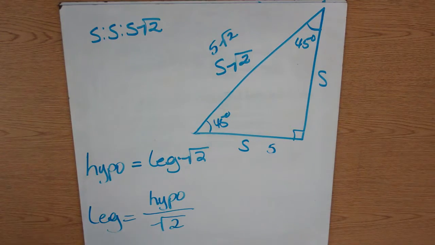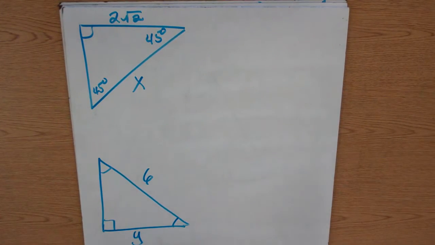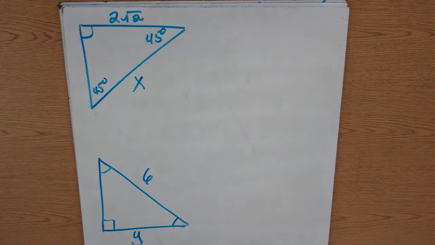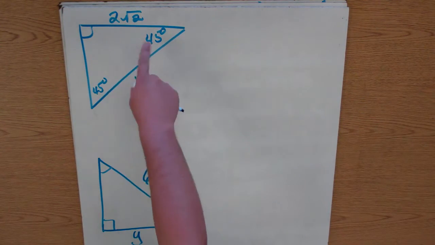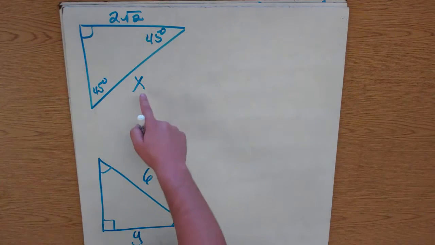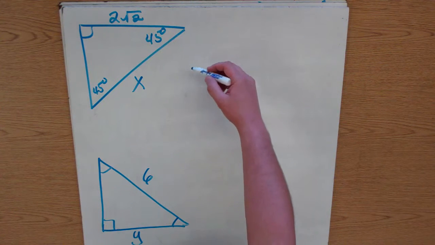Let's look at an example. Or two examples, rather. Let's look at this top one here. 2 square root of 2. We know it's a 45-45-90 triangle because I have the angles labeled. The first thing we need to do is decide whether that 2 square root of 2 is a leg or the hypotenuse. Well, it is a leg, and this x is the hypotenuse. So we know that the hypotenuse